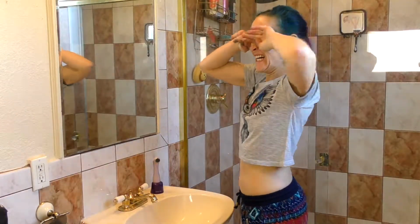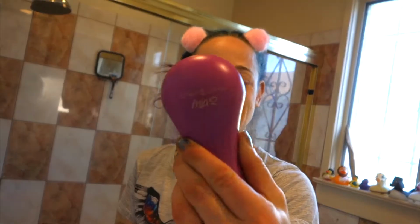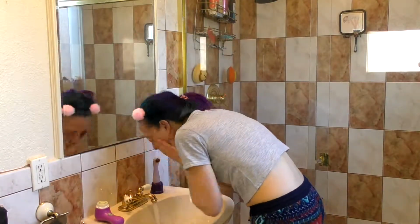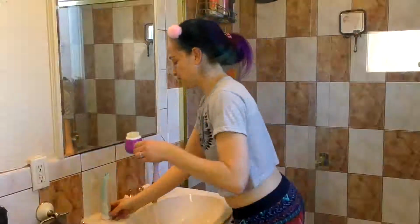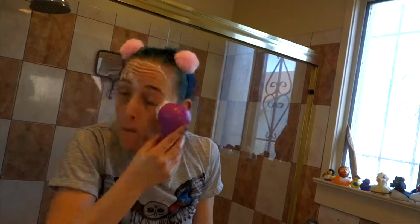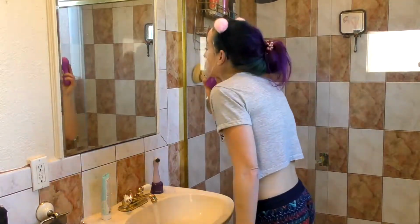And now it is time for my morning routine. Of course, I'm brushing my teeth. I'm going to get my hair back. I'm using the Clairsonic Acne Cleansing Brush, and I'm also using Pacifica's Seafoam Face Wash. I love Pacifica. Their brand always makes my skin feel so good. I'm going to use the soap right on the brush, and then I'm going to scrub for about 2 minutes